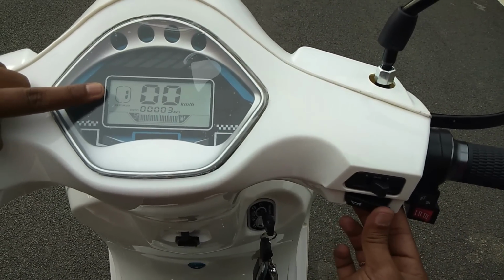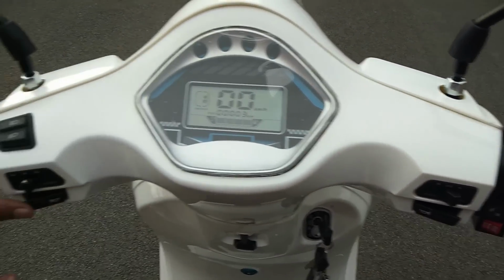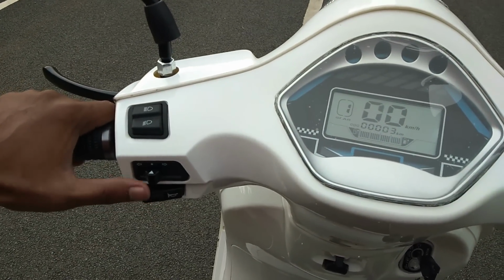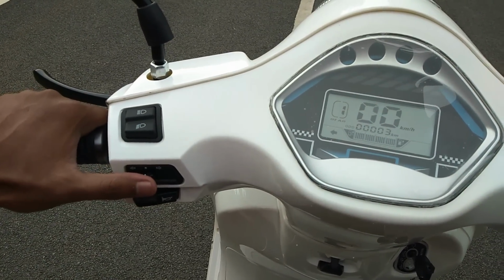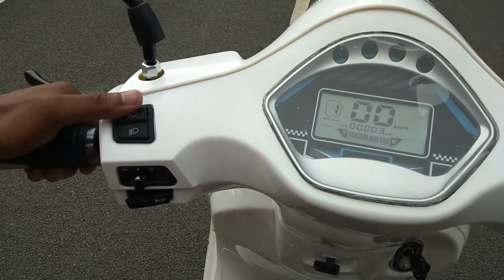Right side horn. On the left: horn, left indicator and right indicator, high beam, low beam,